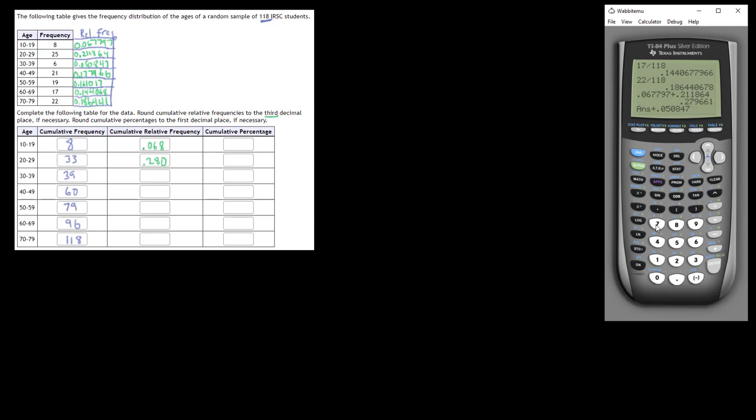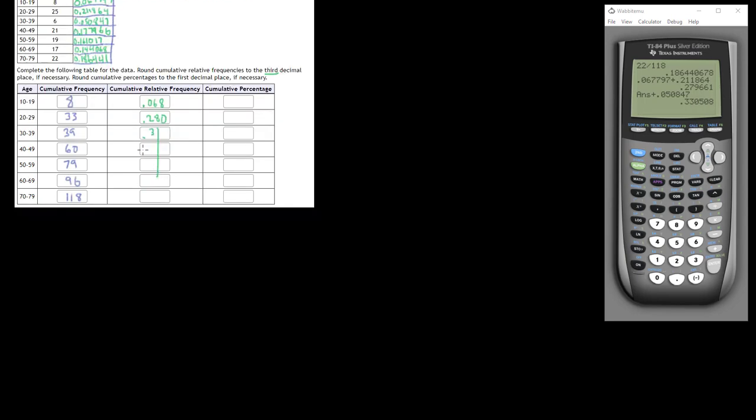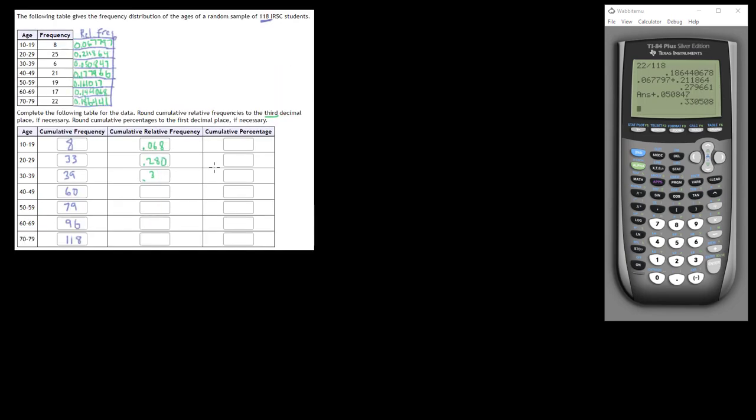So we're adding the third relative frequency, which is 0.050847. And now we need to round that to 3 places. So looking at the fourth place, it's a 5. Therefore, we round the 0 up to a 1, so 0.331. And now for the fourth class, we just add the fourth relative frequency, which is